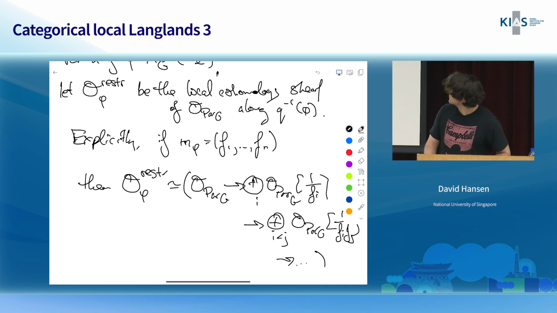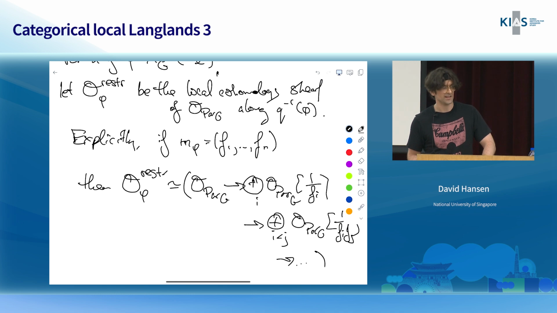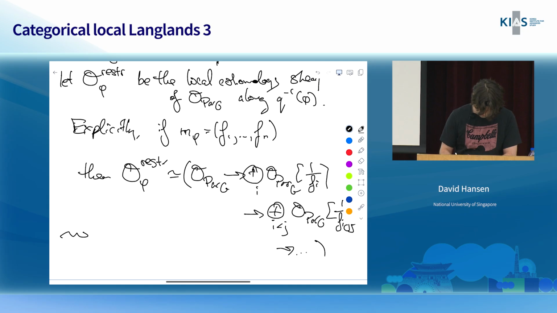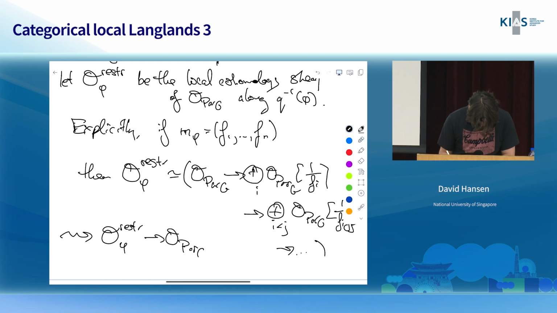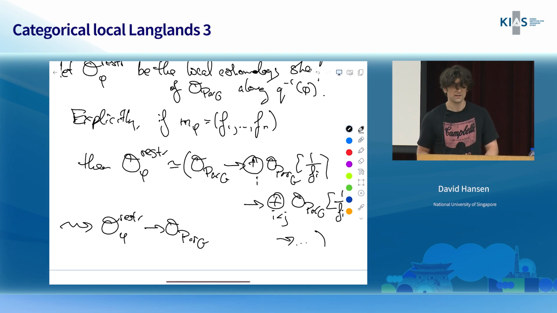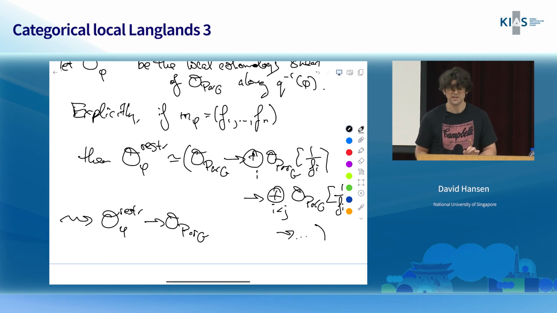And if you look at this complex, you notice the first term is O par G, and so the stupid truncation of this in degrees less than or equal to 0 is just O par G, and so you get a canonical map, which you can also think of much more conceptually from this. This will come along in a second. O phi restricted to O par G. There's a canonical map like this, and don't be scared, this map exhibits the source as an idempotent co-algebra